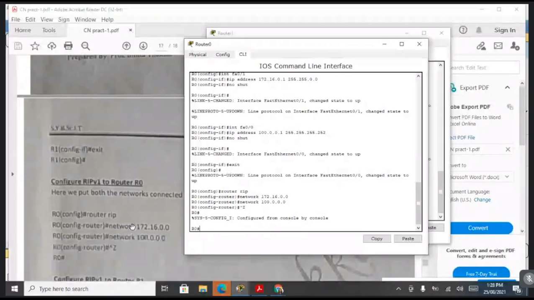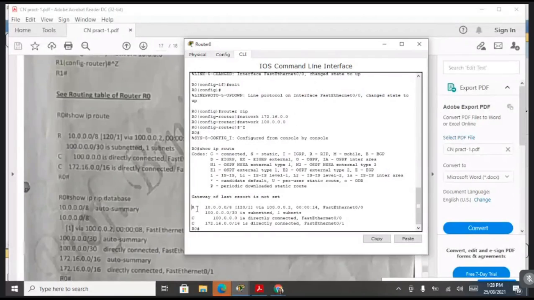Same way, you can pass the command here, show IP route, to see the routing table on R0, that is the first router. Now here we'll get an R. You can see at the top the codes are given. You can see R stands for RIP.